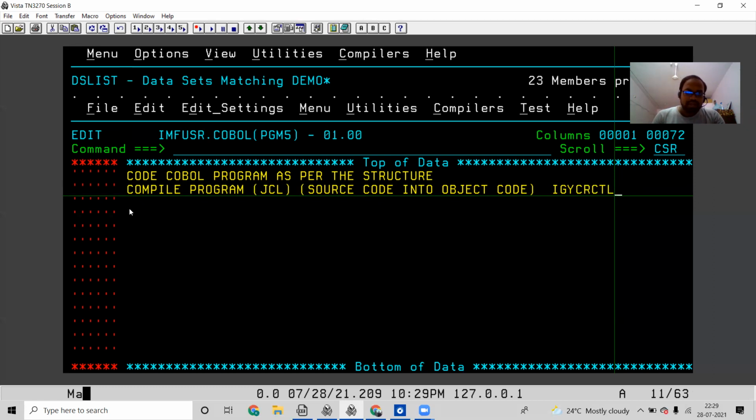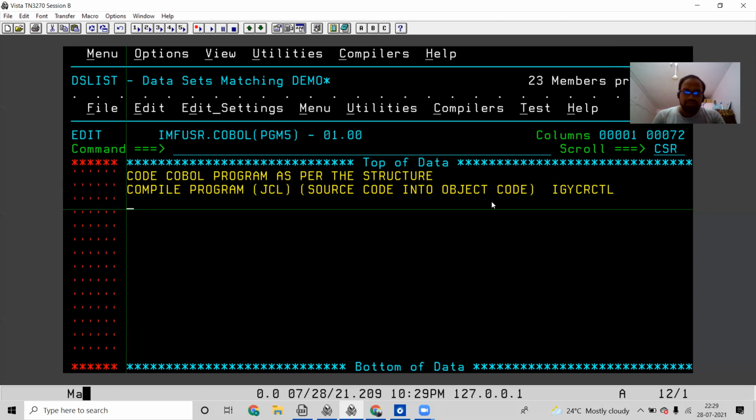So after getting the source code converted into object code, then we are going to run the program. Here we are again going to use JCL. So to run the COBOL program, we are going to call the program name.